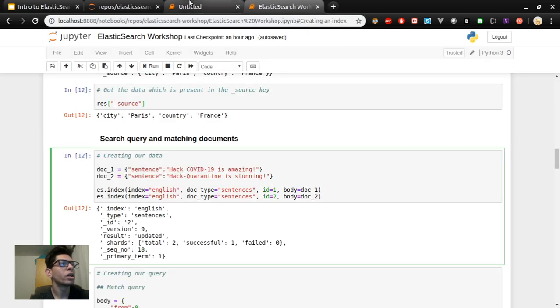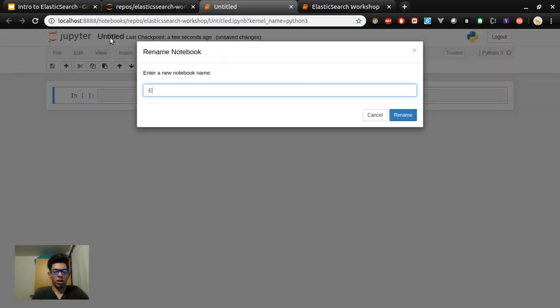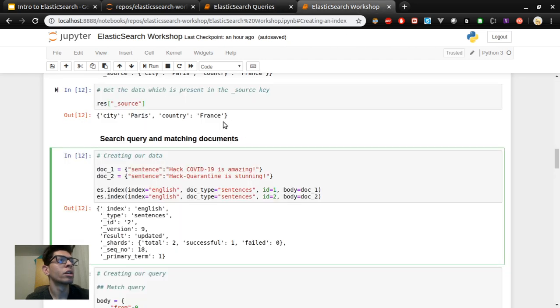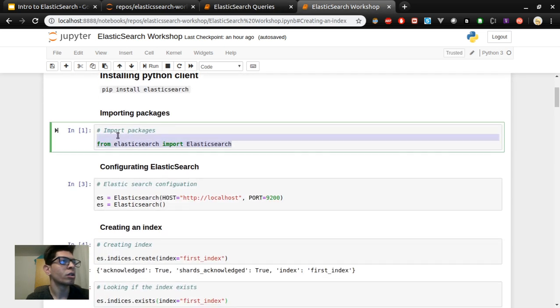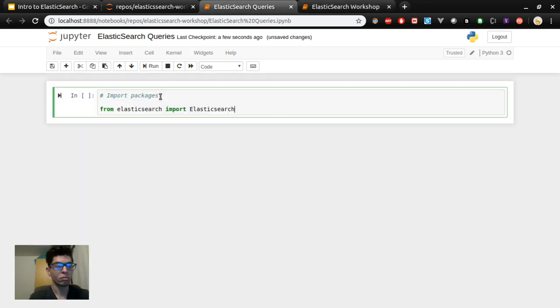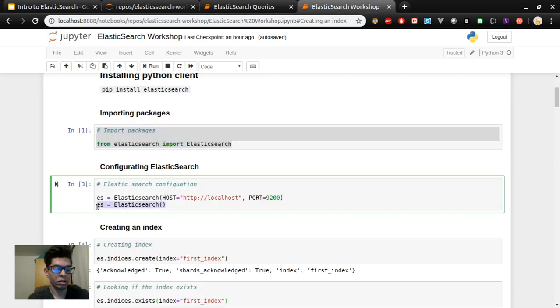We'll be doing it with you, and let's call it Elasticsearch queries. And of course we'll be importing our packages. We'll be defining our